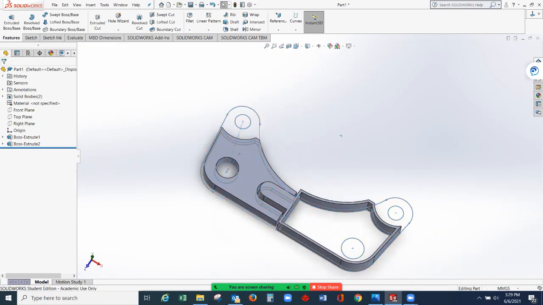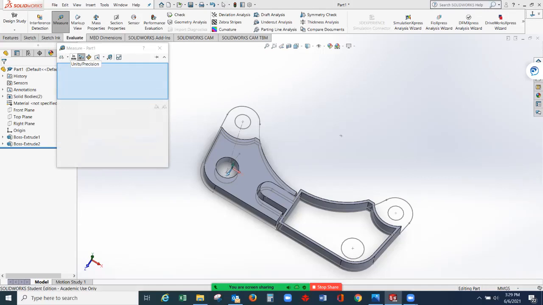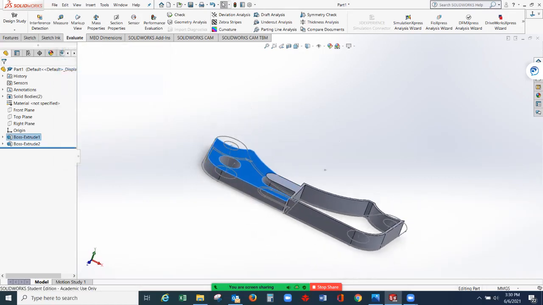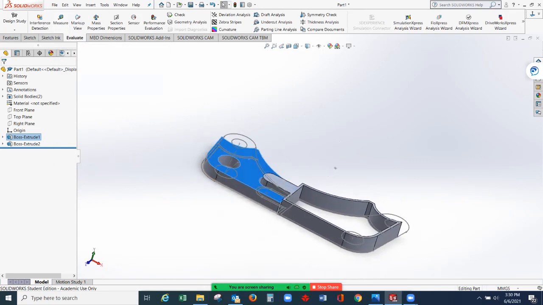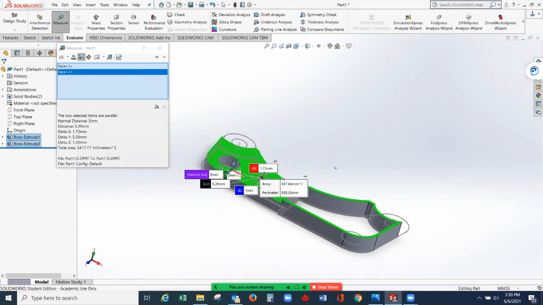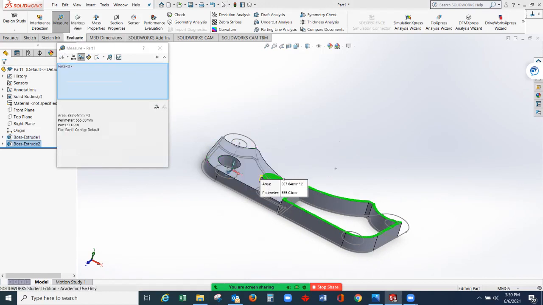If you are done, you can just go for evaluate, measure, select this one. The area will be 2529.54 millimeters squared. This is in 2 decimal places. If you want to find the area of the other one, go for evaluate, measure, select the other one. Just in case you selected both, you can delete the other one, the past number 1, right click, delete. So the correct answer for this certain area, the green highlighted one, is 887.64 millimeters squared. Okay.